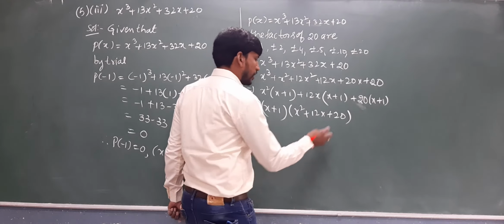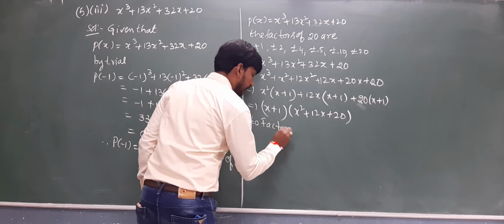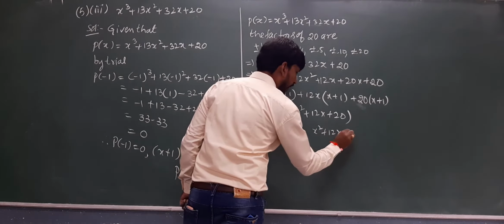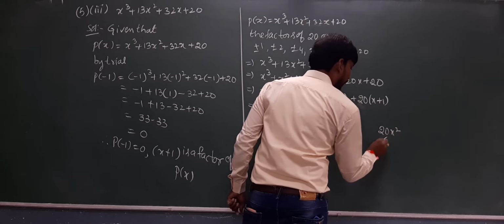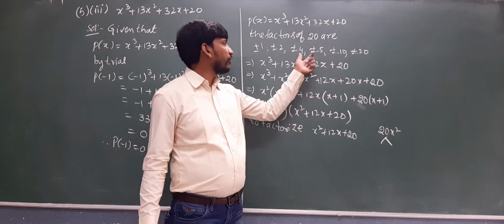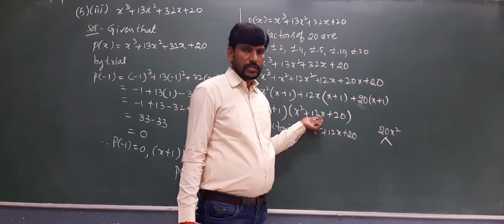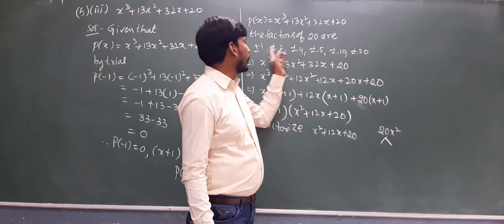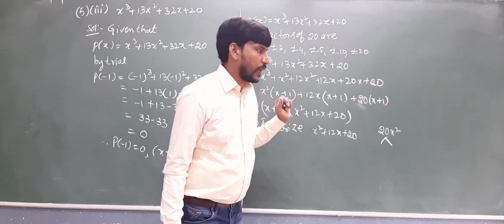Okay. Now see this here, to factorize x square plus 12x plus 20. Now see this here, 20 into x square is 20x square. Now what are the factors of 20? 1 and 20, 1 pair, 2 and 10, 1 pair, 4 and 5, 1 pair. The sum should be 12. By adding those two factors, you should get 12. 1 and 20 is not possible because 1 plus 20 or 1 minus 20 is not at all equal to 12.